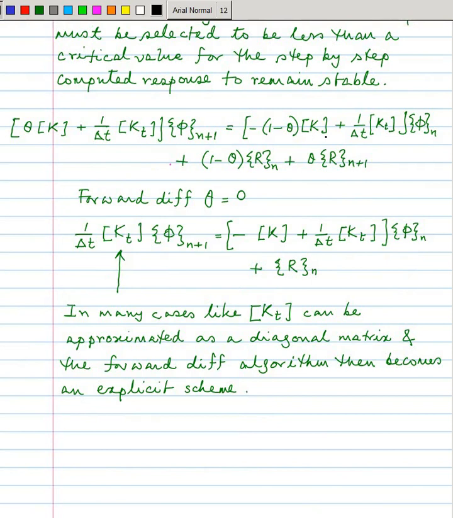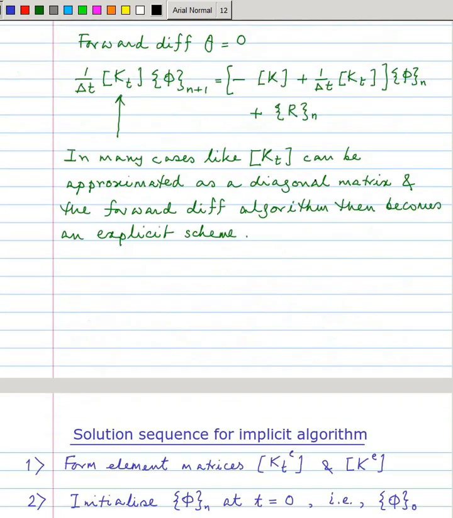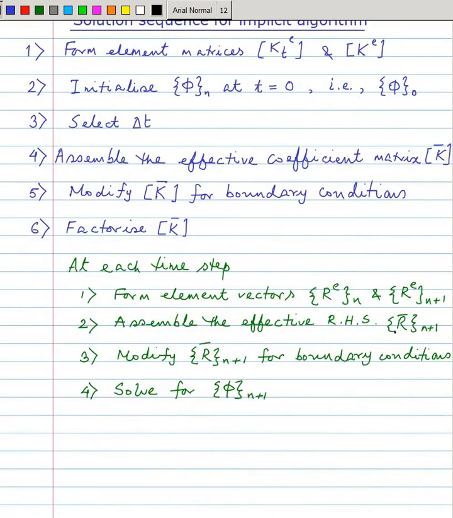That also requires the knowledge of K and K_T, and then you get R bar n plus 1. Then you modify R bar n plus 1 for boundary conditions, and then solve for phi n plus 1. This is already factorized, so from the factorized matrix you can solve, and at each step you don't have to factorize again. You have already factorized it initially, but still there are a lot of computations involved in this,